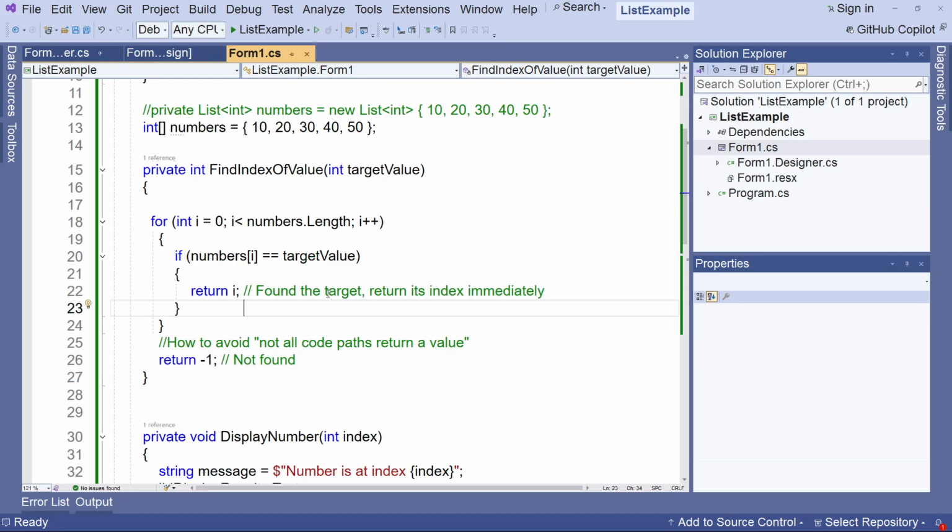Okay, now I did want to show you here, especially when you start doing a lot of logic, you need to make sure, like I said, that a return always happens, right? So in this case, the compiler does not know what you're sending in. It doesn't know if this is ever going to be executed or not. So it's going to complain. And right here, as you can see, it says not all code paths return a value, right? So to avoid that,